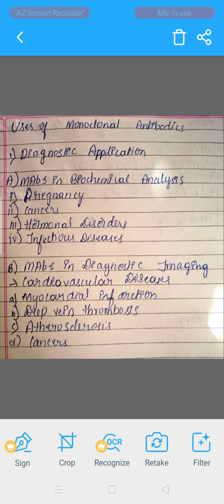Radio-labeled monoclonal antibodies are used in diagnostic imaging of diseases, and this technique is referred to as immunoscintigraphy. The radioisotopes commonly used for labeling monoclonal antibody are iodine or technetium. The monoclonal antibodies tagged with radioisotope are injected intravenously into the patient. These monoclonal antibodies localize at specific sites which can be detected by imaging the radioactivity.